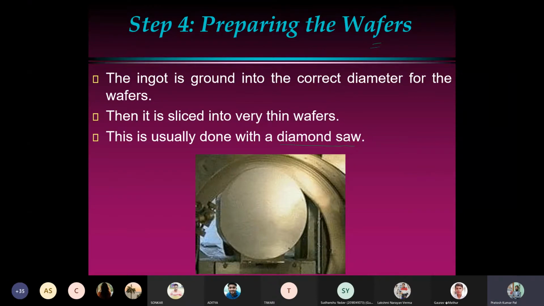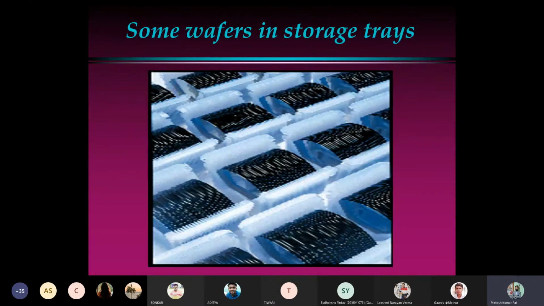Once we have cut the wafers from the ingot, the wafers are stored like CDs. In the previous lectures, we discussed that wafers look like a CD, a compact disc structure. So these series-like structures are placed this way. This is the storage of these wafers generally, and this is the symbolic representation of wafer storage. The preparation of wafers has different steps.